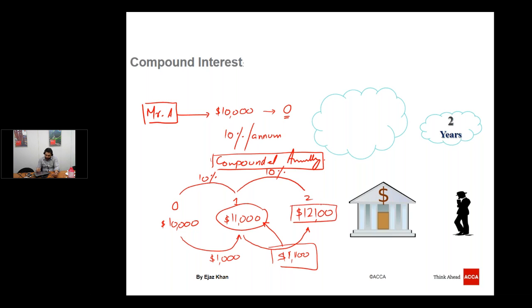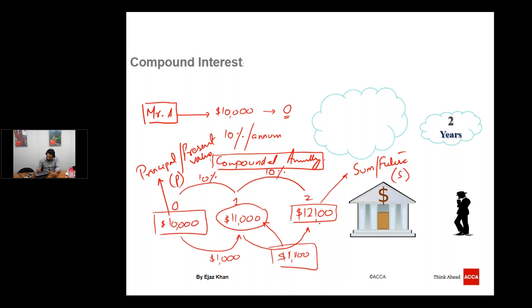The amount that Mr. A will get after 2 years is called the sum, or we may call it future value, and we may denote it with capital S. The amount that he invested at point 0 may be called principal, or present value, and may be denoted with capital P. To find the amount Mr. A is expected to receive after 2 years from the principal, we can use the formula for compound interest, which is S is equal to P into (1 plus R) raised to the power N,